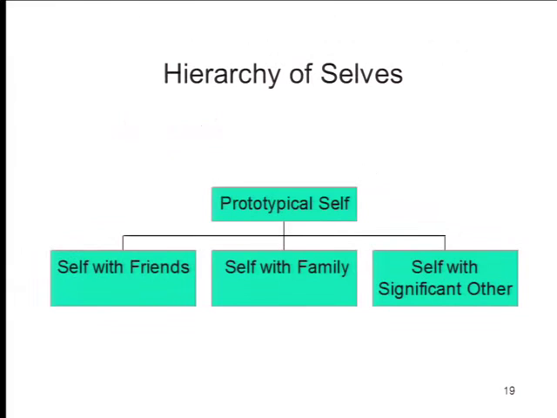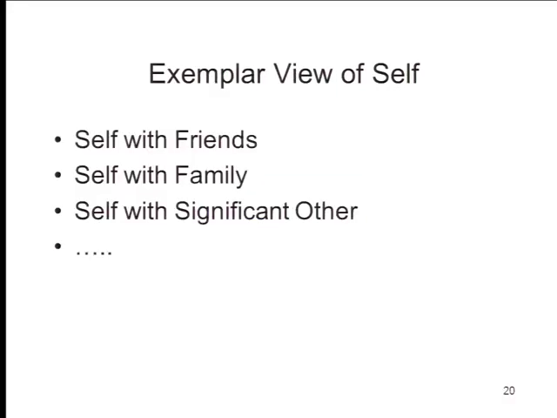Now, remember, especially from your reading, that the prototype view of the self solves a lot of the problems that beset the classical view of categories as proper sets, but it has some problems of its own, which is why some cognitive psychologists have proposed that we shift from a prototype view of categories to an exemplar view of categories. What this means is we don't have any abstract summary representation anymore. We just have mental representations of particular instances. When you apply this exemplar view of categories to the self, what you've got is a whole bunch of different selves without any unifying prototype on top of it.